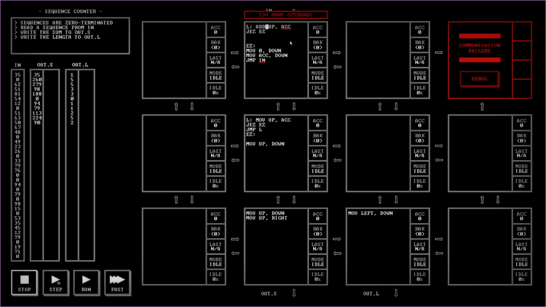So what I'm going to do is add up. Is this valid? Jump L. Wait, why would I jump L? Oh, it's the end of the loop. I don't need a jump instruction. It'll go there anyway. So it's adding to the accumulator. So it's adding the sum. And then when the accumulator is 0, which it's not,